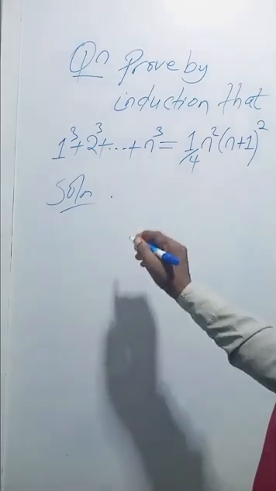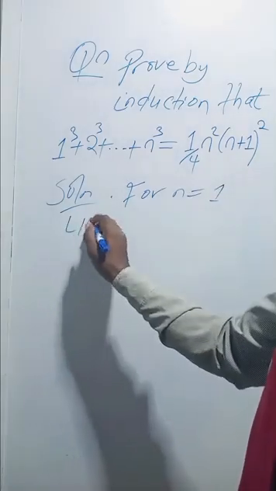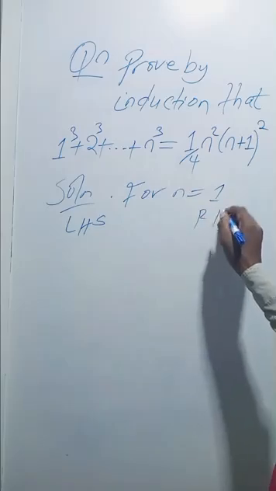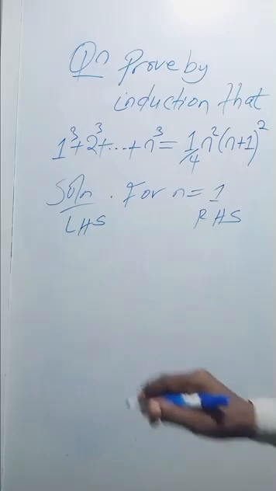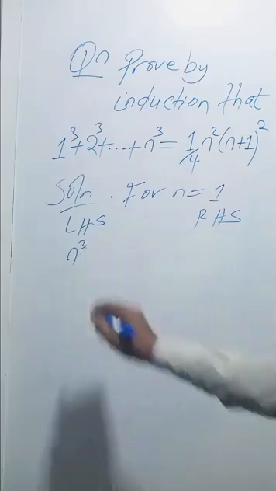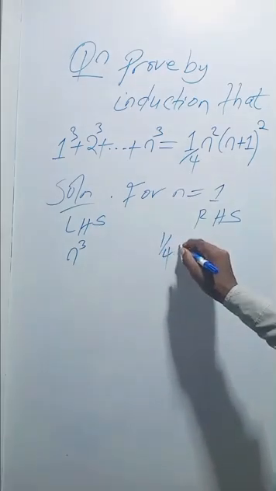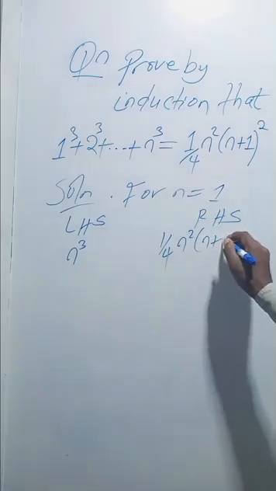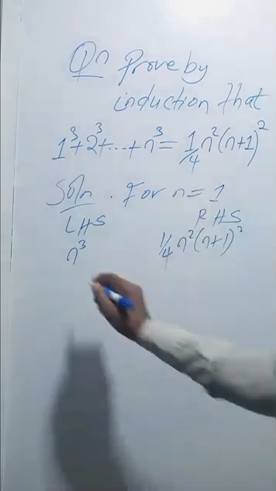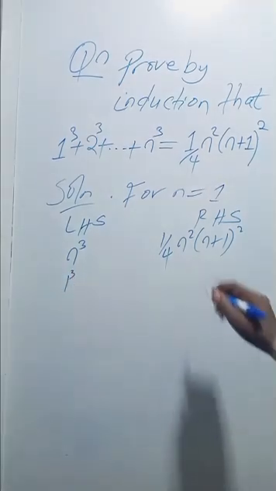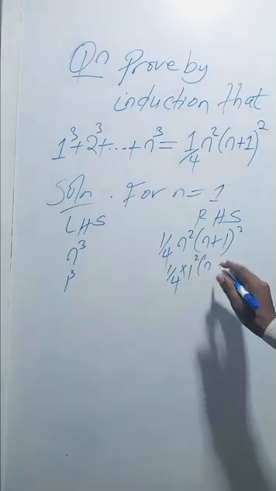First one, let's start with n equals 1. Take your left-hand side, and here is the right-hand side. For the left-hand side, you take the last term, which is n cubed. And for the right-hand side, you take the whole of the right-hand side, that is 1 over 4, n squared, n plus 1 squared. So if n equals 1, here we shall have 1 cubed. Here we shall have 1 over 4, 1 squared into bracket,